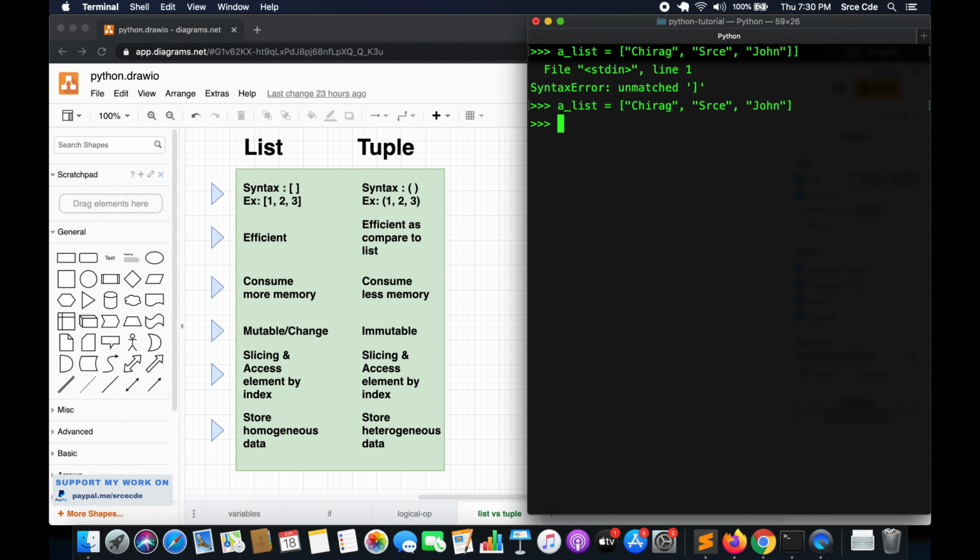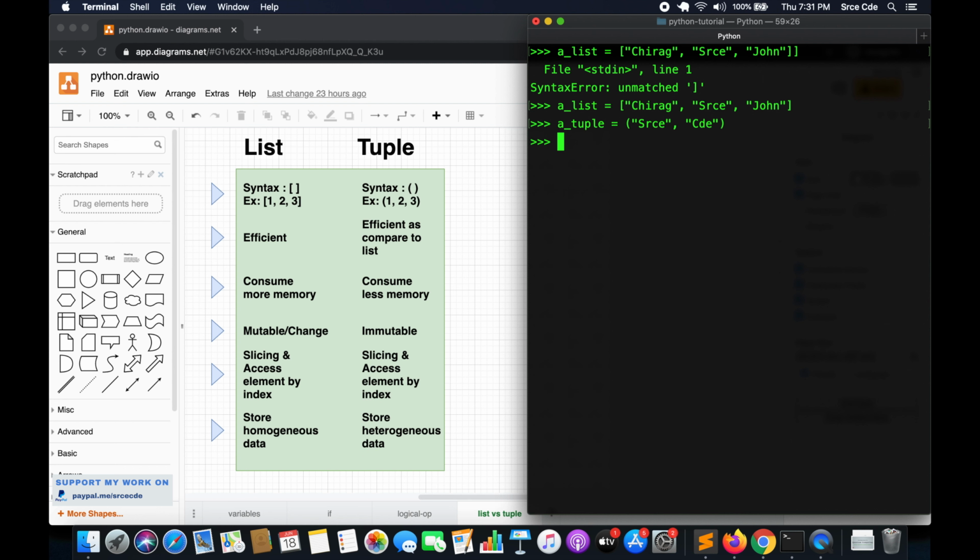Now if I say a_tuple equal to, here I can say first name and last name. This type of data can be called heterogeneous, since it consists of first name and last name, and it can follow the same for the rest of the elements.